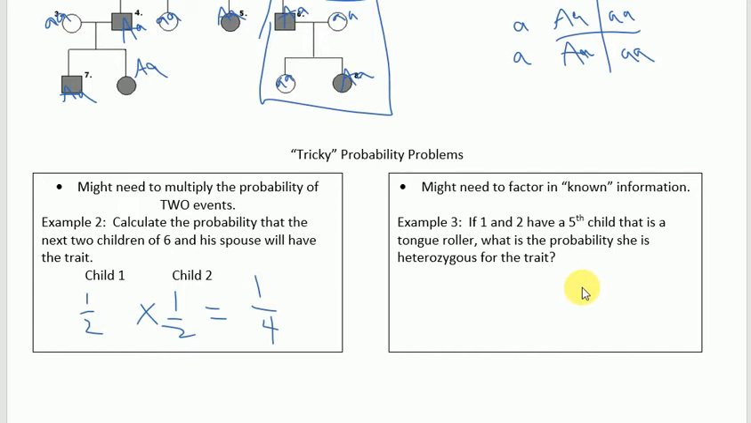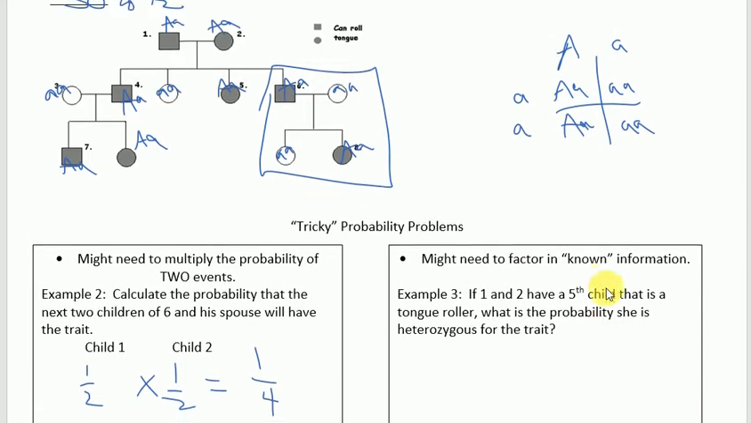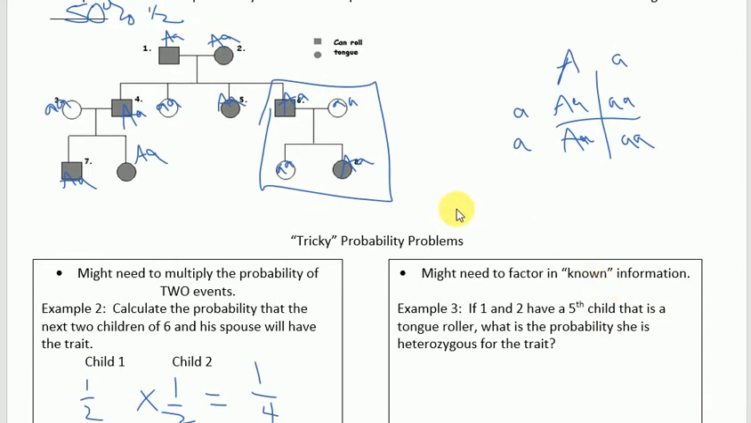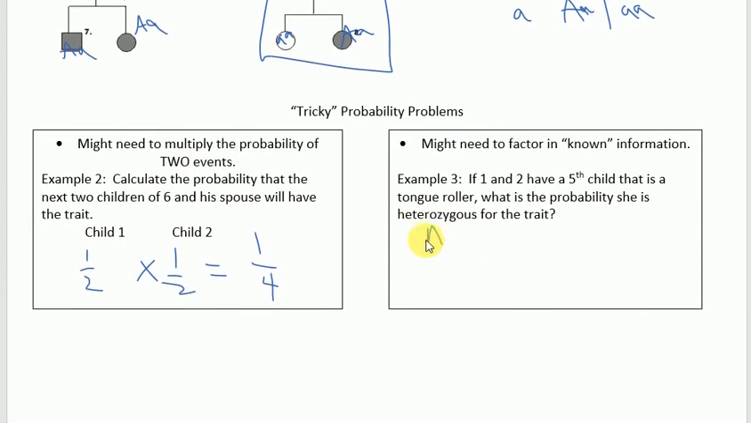There's also the chance that you might need to factor in known information. So for instance, if 1 and 2 have a 5th child that is a tongue roller, what is the probability that he or she is heterozygous for the trait? So let's go up here and look at 5. Oh, 1 and 2, I'm sorry. 1 and 2 we know are big A, little a, both of them. So if we do that cross,